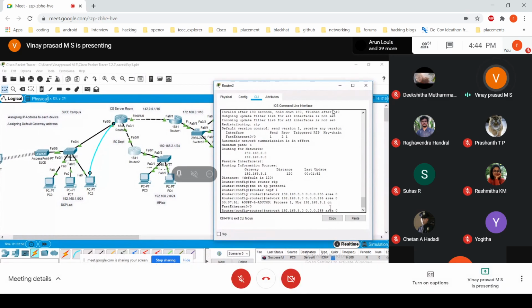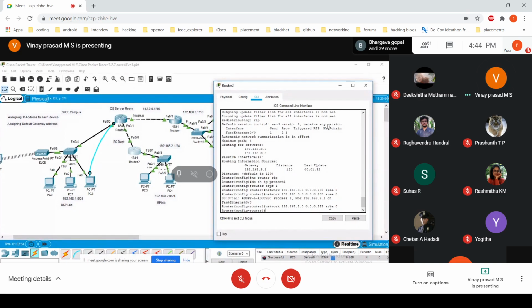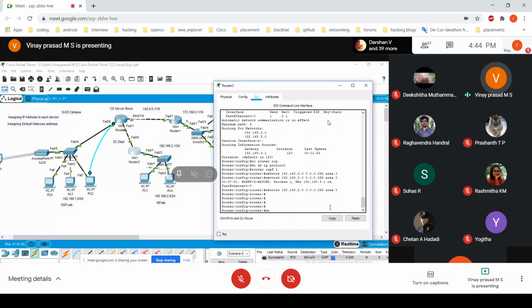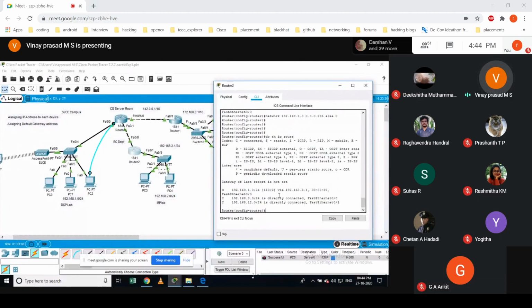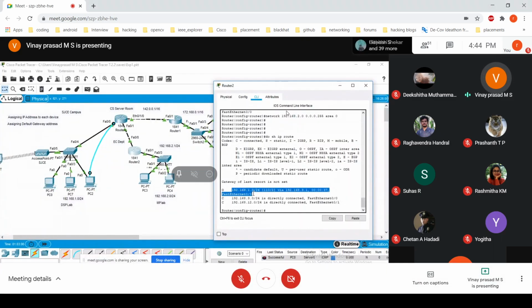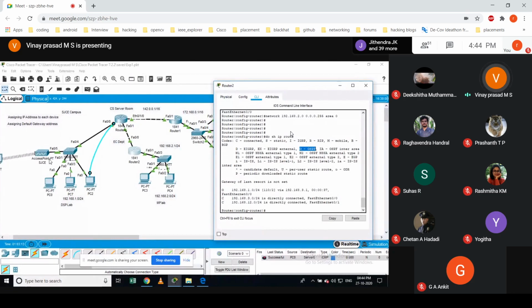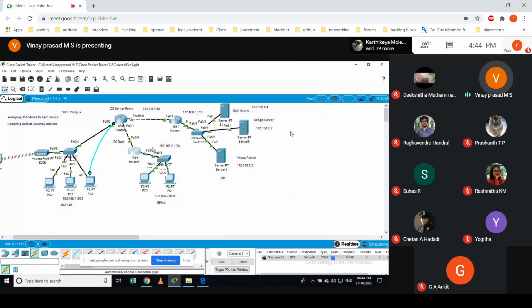Then it is 2.0, then enter. So then I have to check with do show ip route. The moment I give this, you see I'm able to learn the same routing information, which is 1.0, and through which routing protocol? It is O. It means I'm able to learn this routing information with the help of OSPF. So probably a slight change here with this configuration compared to that RIP configuration.